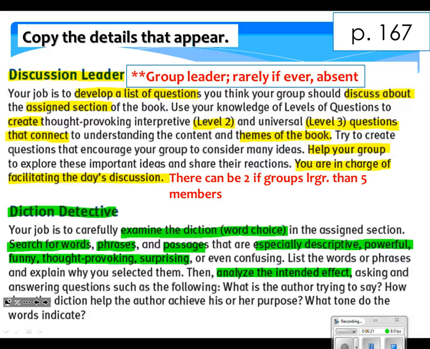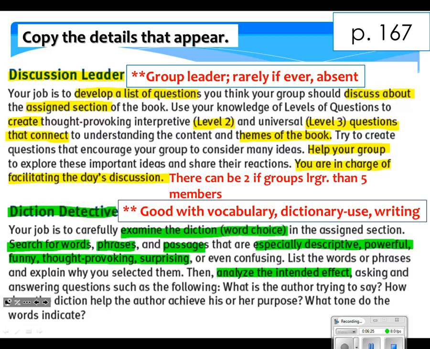Now, good characteristics for a diction detective to have. This person should be really good with vocabulary. It doesn't mean that they know a dictionary in and out. But what they do, if they don't know a word, they find it out. They'll go online, they'll type in this phrasing, they'll type in a word, and they'll figure out what this thing